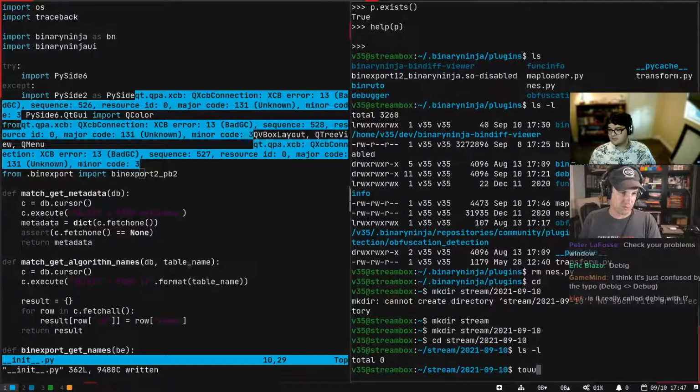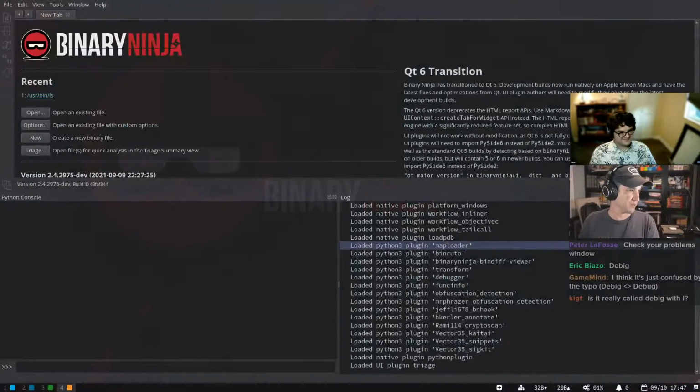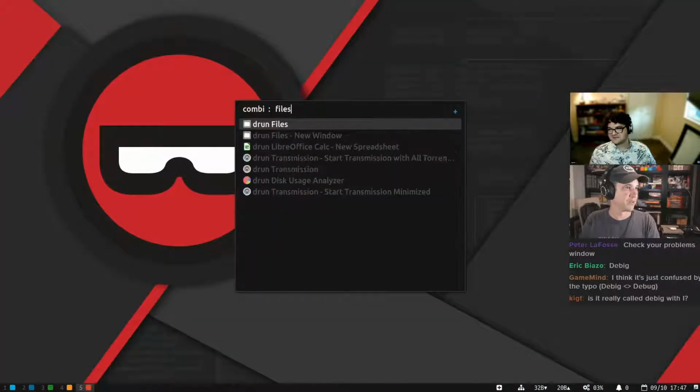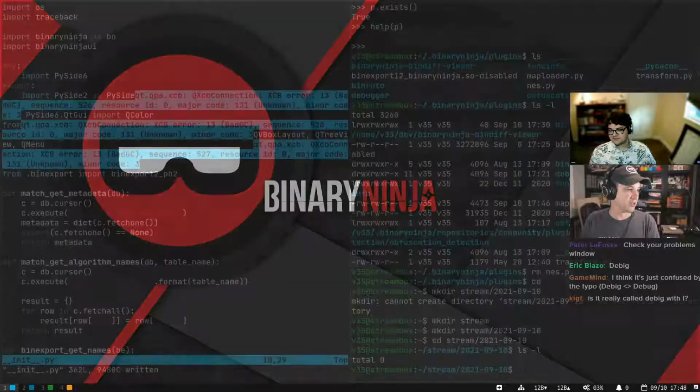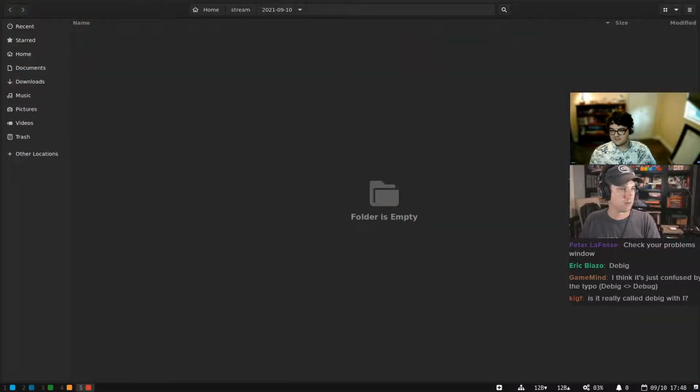All right, if you have a file that I can test on, let me bring that in. Yeah, it's in the Slack channel. Except I don't want to call it functions.exe, for terrible reasons. Where did my files window go? Actually, I think I can do xdg-open dot. Yes, I can. Okay, so let's grab these files and bring them in.